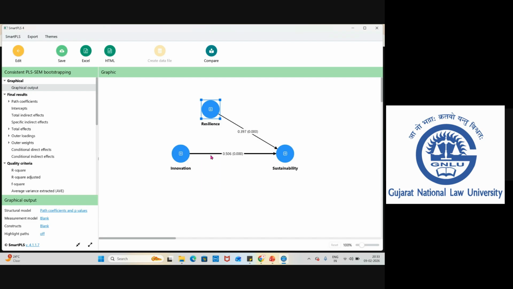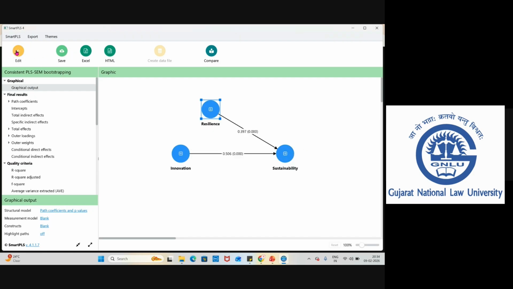This is the main effect. As innovation is the independent variable, what is the main effect of the independent variable on the dependent variable? Whereas, when it comes to the direct effect of this particular moderator, we have 0.397. Now, which is having more influence? The main effect also has influence, as the independent variable is having influence, and the moderator is also having influence on it. Now, I just want to know the effect size and how much variance each construct is having on the dependent variable.